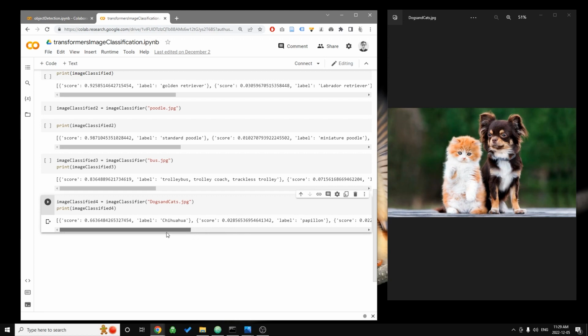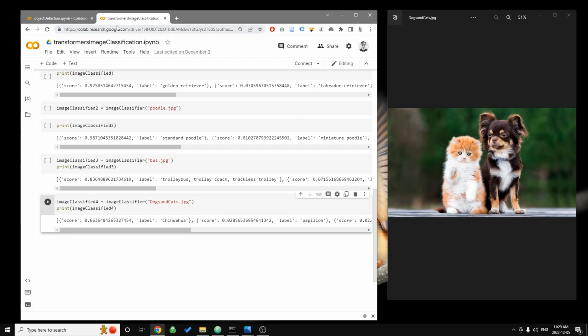And so we get a label for a Chihuahua, which may not be completely incorrect with this dog here on the right, but you can see that none of the labels provided by this image classification approach give us some form of cat-based label. And so this is one of the general limitations of using image classification. And so if you were trying to do work on a data set like this with images that had a lot of different, I guess for lack of a better word, subjects within an image, you can use a little